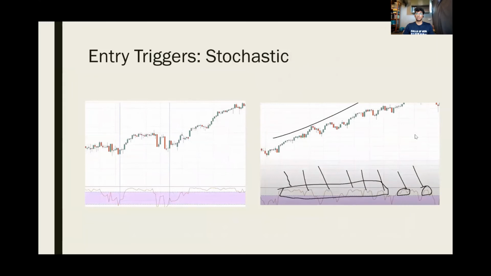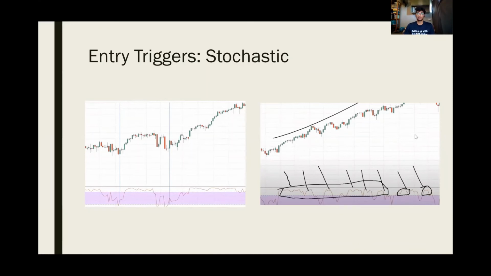So you may have heard this being referred to as the relative strength index in certain scenarios, so it functions in a similar fashion. How to use this is that it can serve as an entry trigger for a trade. When you see that it has reached oversold levels, you could be looking to buy if other indicators or other